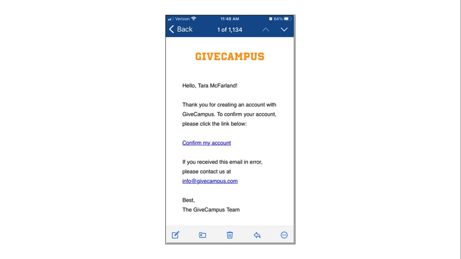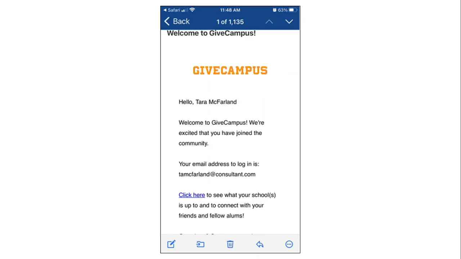Now, log into your email account and locate the email from GiveCampus. Open the email and click on Confirm My Account. Once you confirm your account, you will immediately receive another email from GiveCampus confirming that your account is completely set